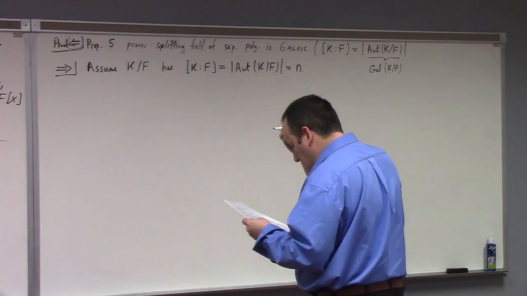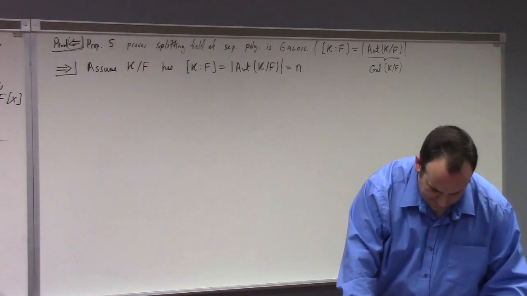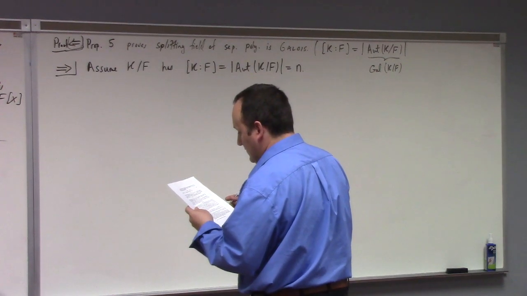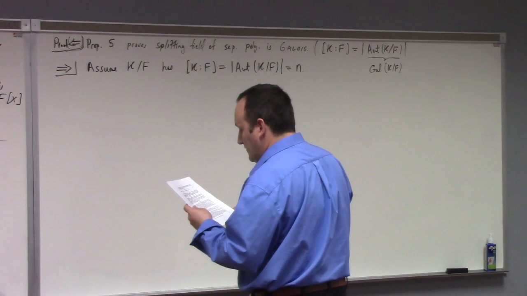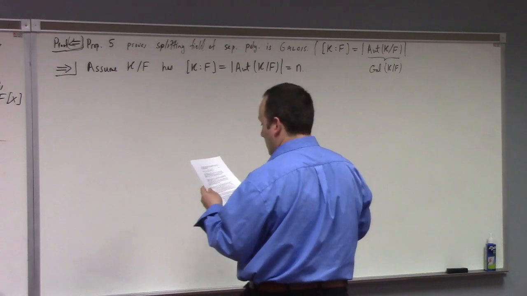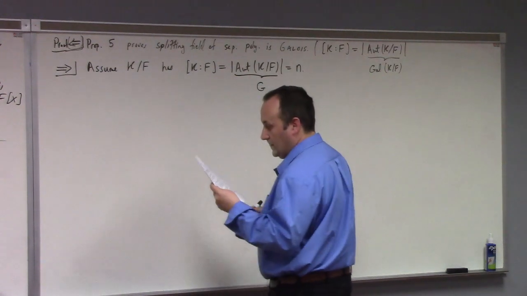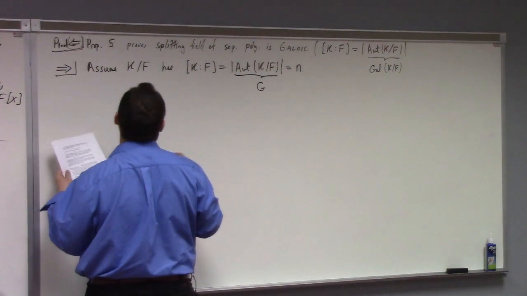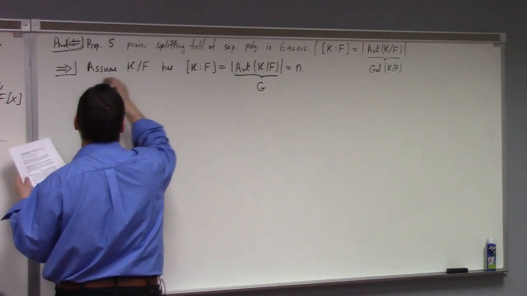Okay, so I picked up the wrong page. Not helpful. He says, we now show that if K over F is Galois, then every irreducible polynomial in F of x having a root in K splits completely in K. So he says set G equal to this, all right? And he says let alpha be